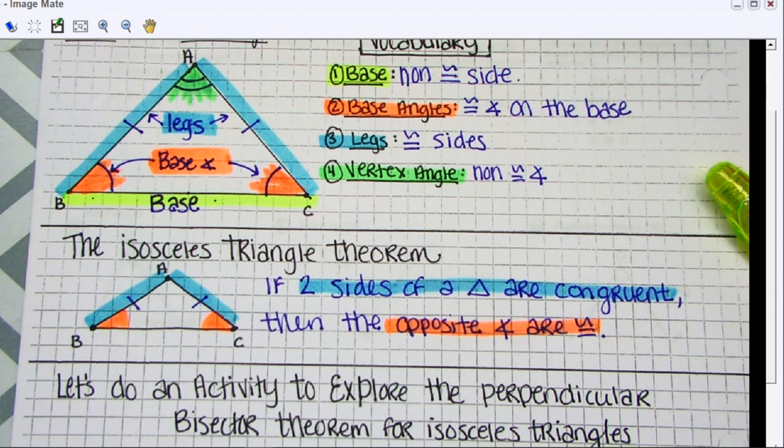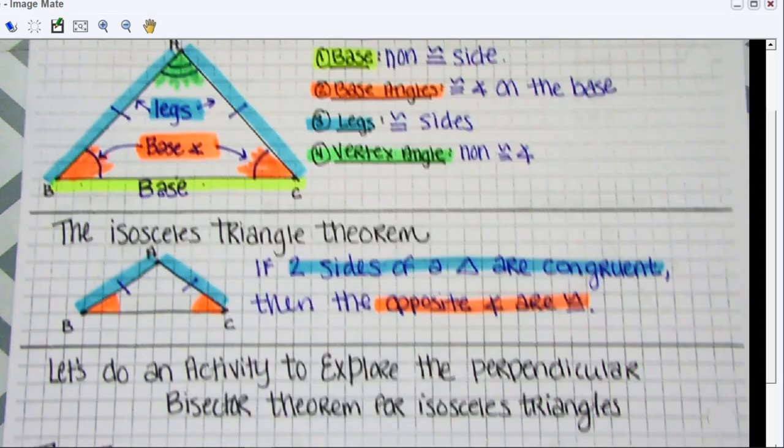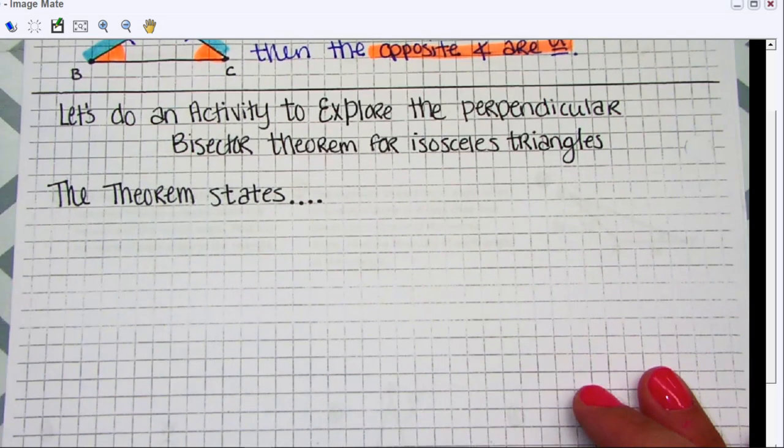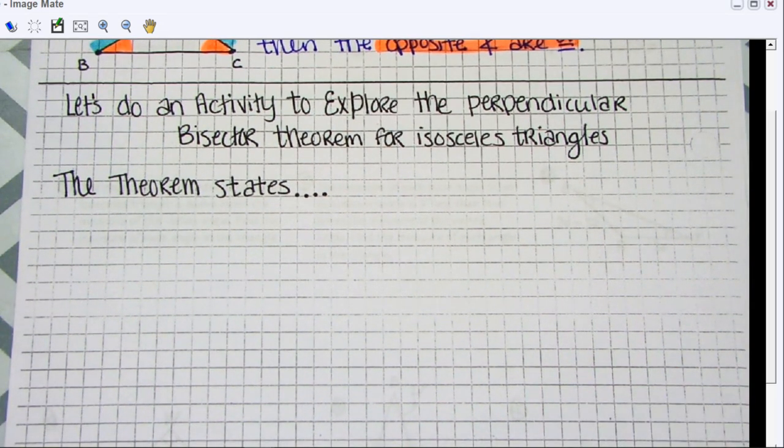Down at the bottom is where we're going to talk about reflections and perpendicular bisectors. So everything we reviewed before is going to be down at the bottom. Okay? We're going to write it in words first. It's going to be a lot of words. But then we're going to draw a picture, and it'll be a little bit easier to understand. So the perpendicular bisector theorem for isosceles triangles, that's already a lot of words. Okay? The theorem says